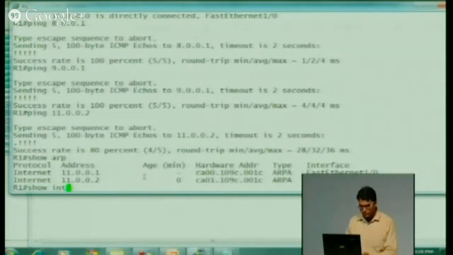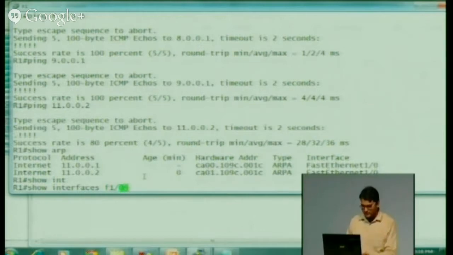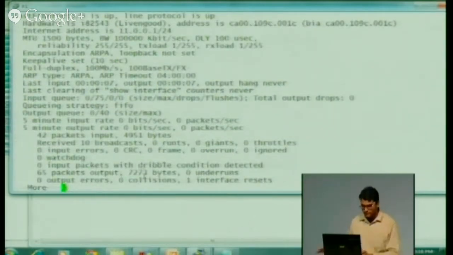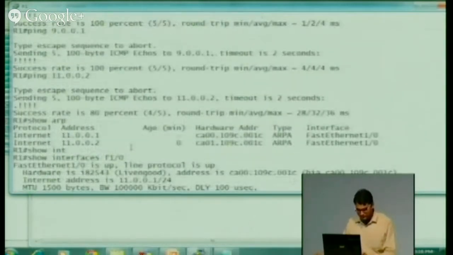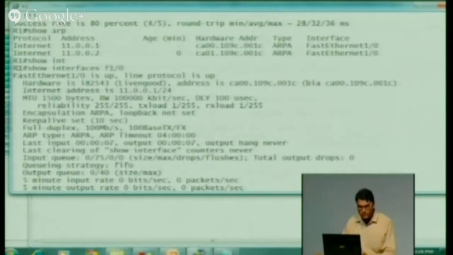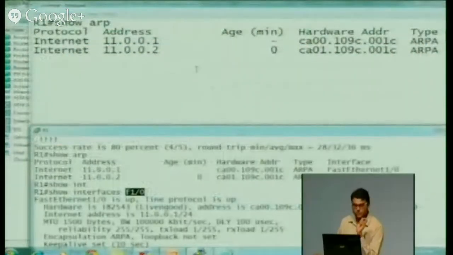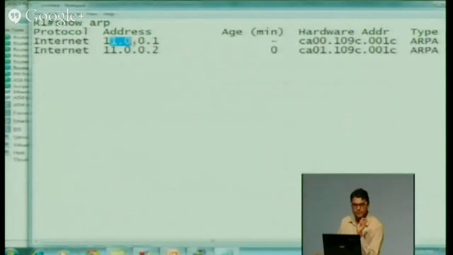Show interface fast Ethernet, this is 0. Okay, मैंने क्या कहा कि शो इंटरफेस, कौन सा इंटरफेस? फास्ट इथरनेट 1/0, जिसके साथ मैंने आईपी एड्रेस को असाइन किया है, जिसके ऊपर आईपी एड्रेस मेरा है 11.0.0.1।